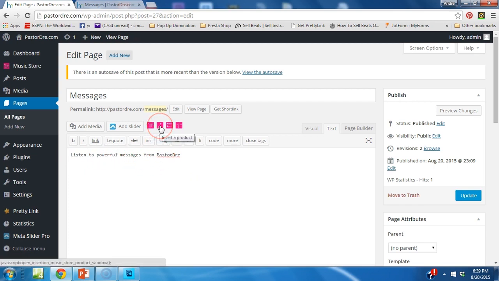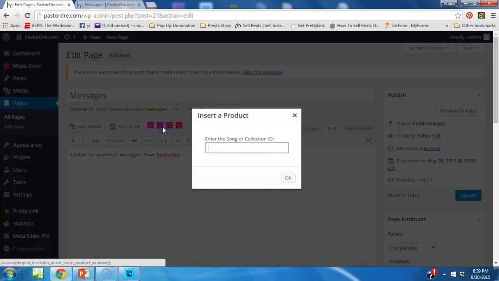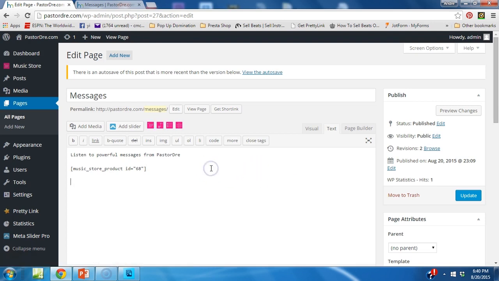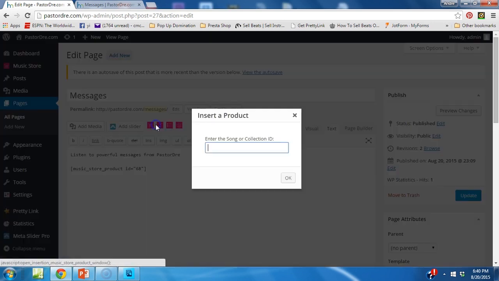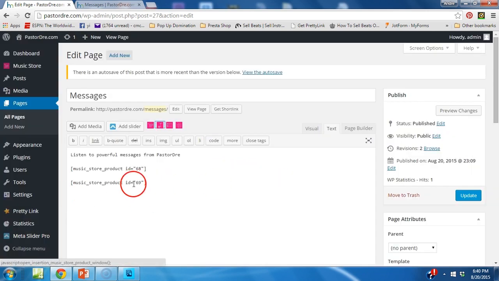Now to insert those products, see where it says insert product? You click that. It's going to ask you for the number. Remember, it's 68. So that's going to go there. We're going to insert another one. 69. And that's going to go there. So now you're going to have two products. You're going to hit update